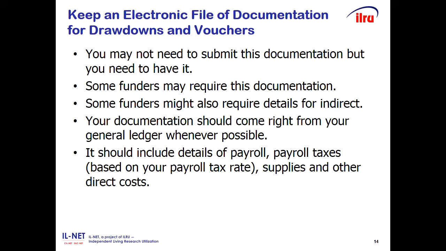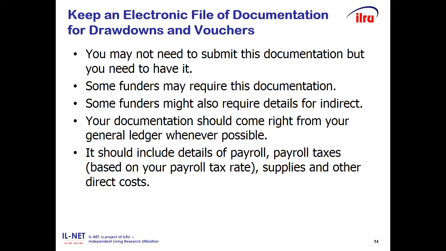But in most cases, you should be able to just voucher for indirect based on your direct costs, and keep your documentation for that. Best if that documentation starts with the general ledger. It won't exactly come from the general ledger, but it should start with the general ledger, and then it will be